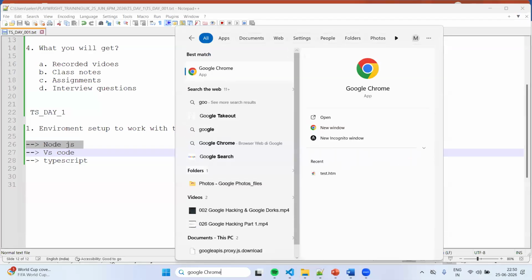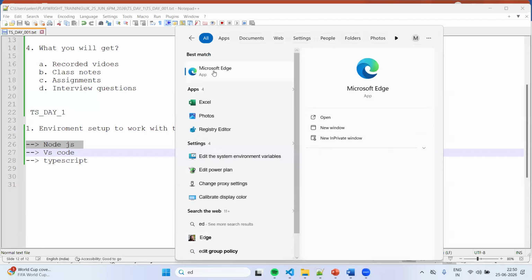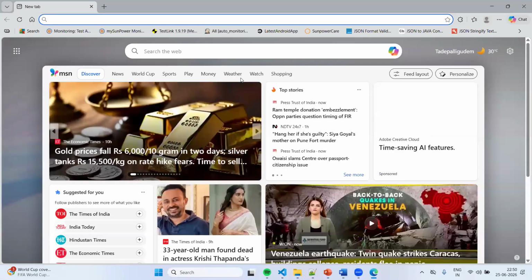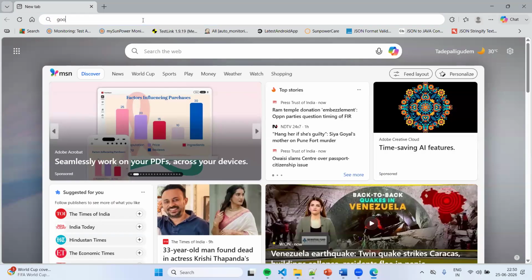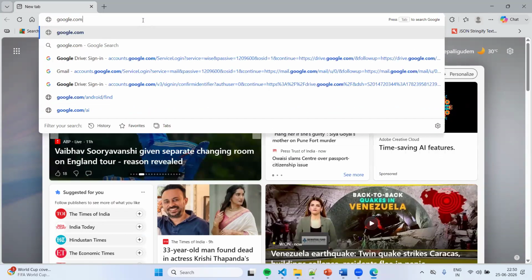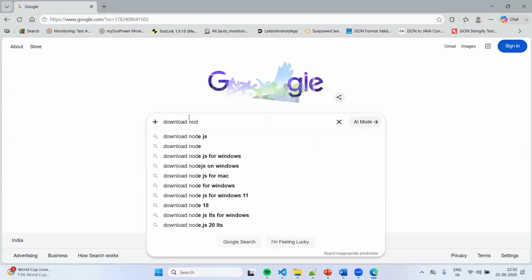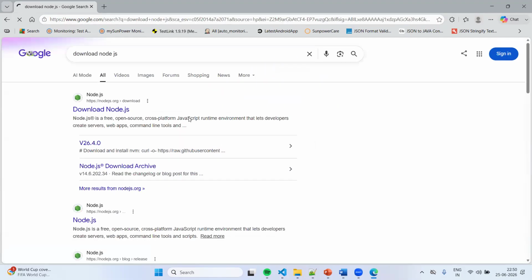I'll just open this browser, go to google.com, and search for download Node.js. So I just go to this website,